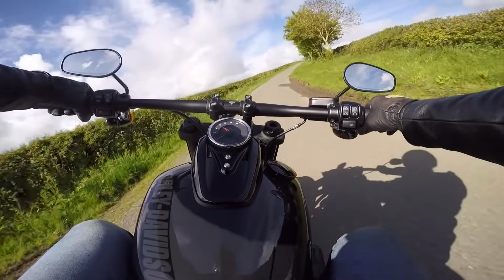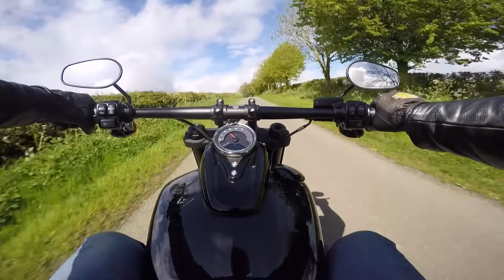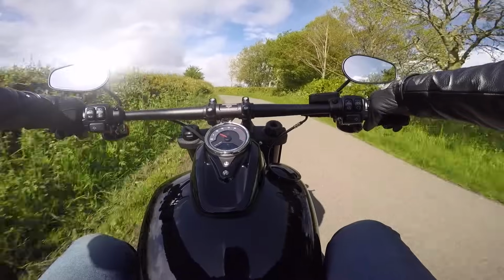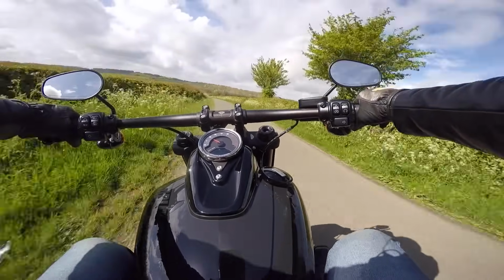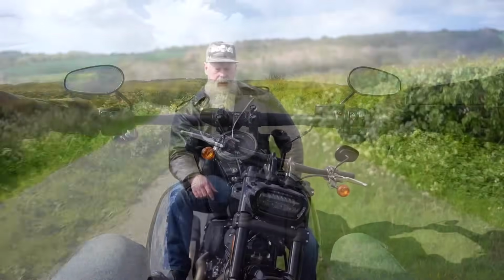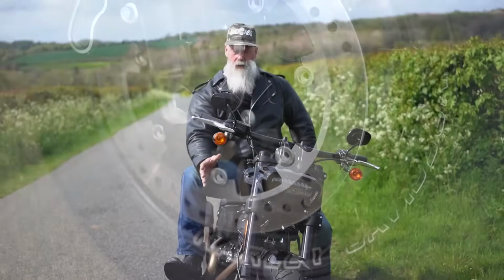And it's handled beautifully. It really takes the corners nicely. And it's a new bike, so it's been running, so I'm not going to rev it above 3,000 anyway. But this really does corner. It's going to corner if I can't see around it. You've got double disc brakes on the front of this bike, so the stopping power on this is very